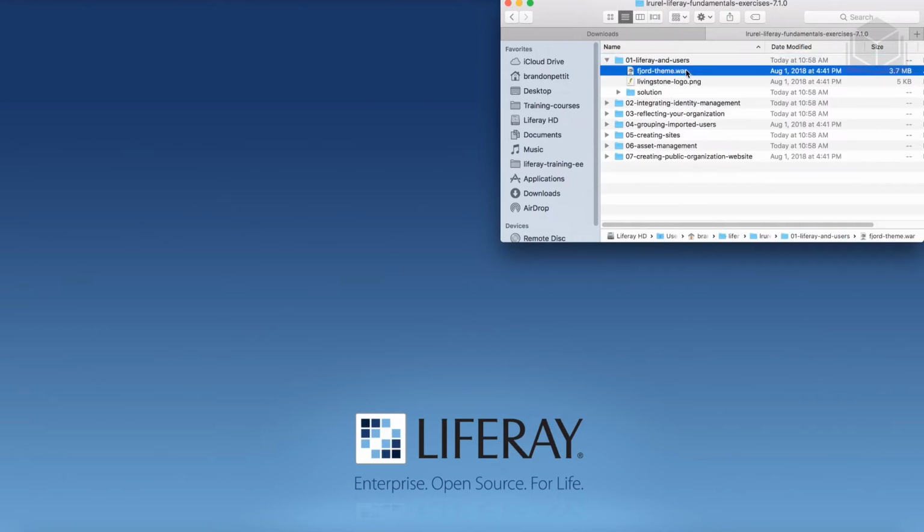So let's start by grabbing this Fjord theme. This is one of the marketplace themes that our engineers have created. Go ahead and copy this. And we're going to place it into our Liferay DXP bundle deploy folder, just like we did with the activation key. Okay, so I'm actually going to go ahead and just open a new